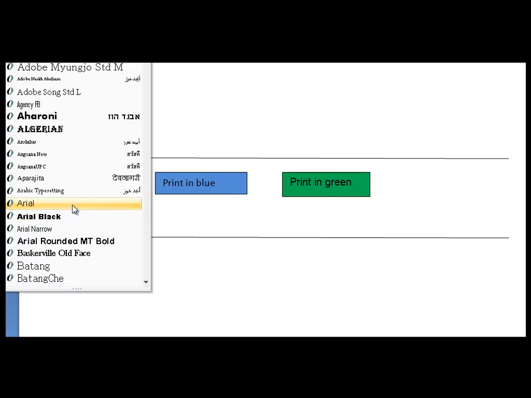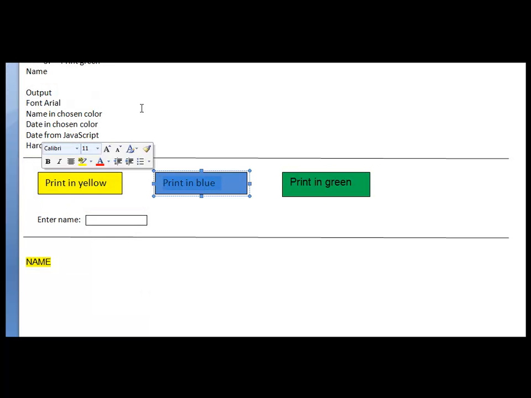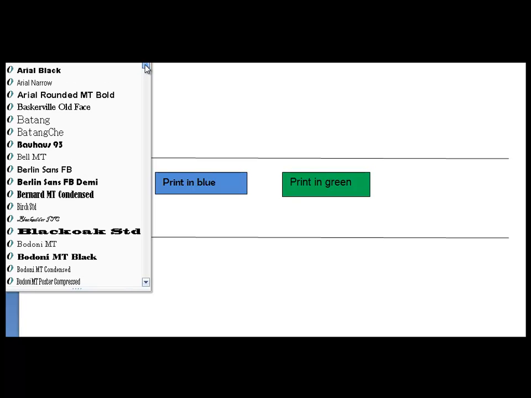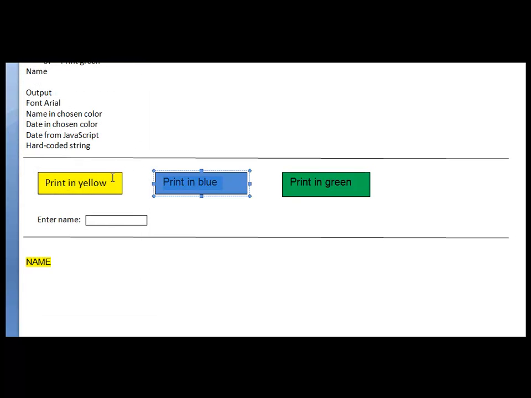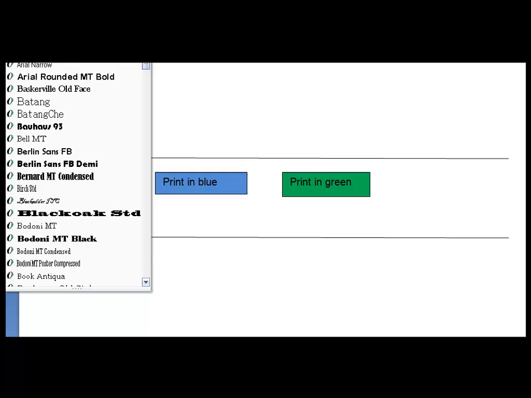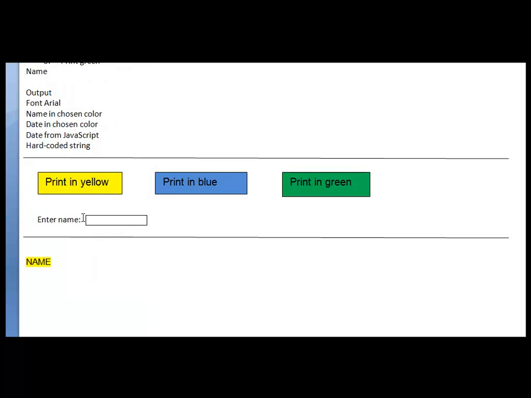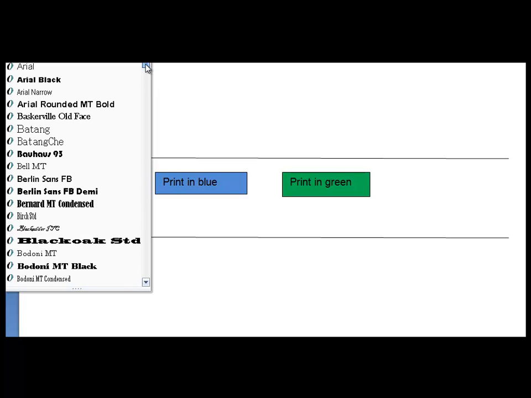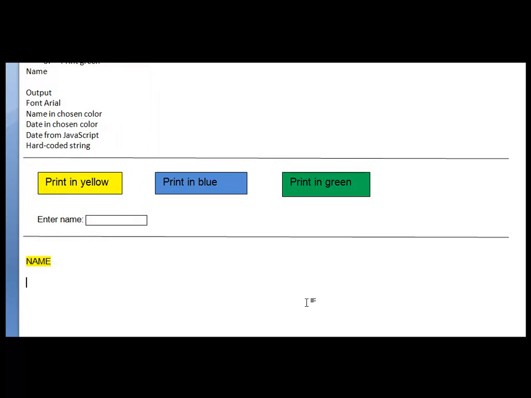And Arial. And Arial. This will also be Arial. Okay, so we've got our font requirements, and since I have this highlighted yellow,